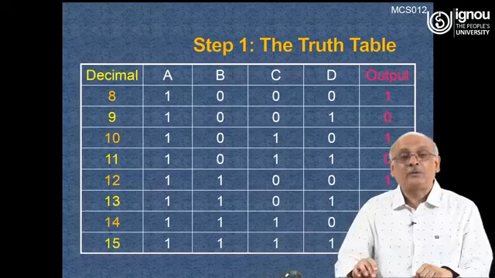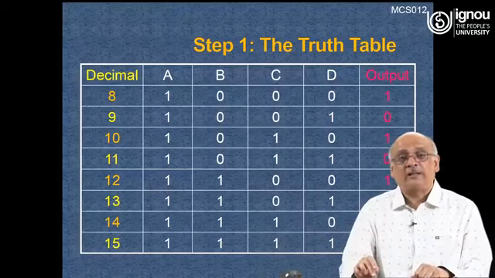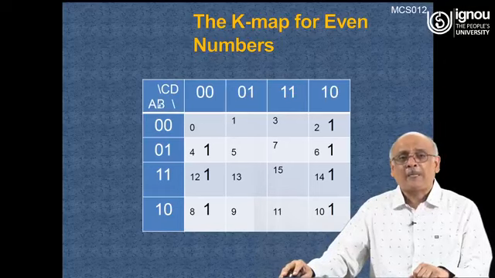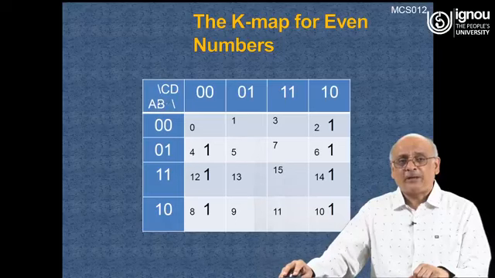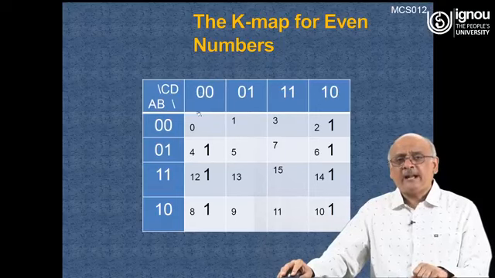Okay, so this is the truth table. Now this truth table is to be mapped into Karnaugh's map. And this Karnaugh map is a graphical way of representing the whole information, right? Now the 4 variables which we had are A, B and C, D. So we have 4 variables A, B and C, D. Now what we see, we are representing A, B on this particular axis and C, D over here. Now notice what these things represent in both cases. There is a difference of only 1 bit